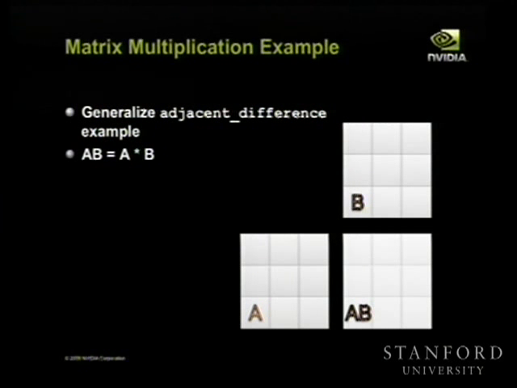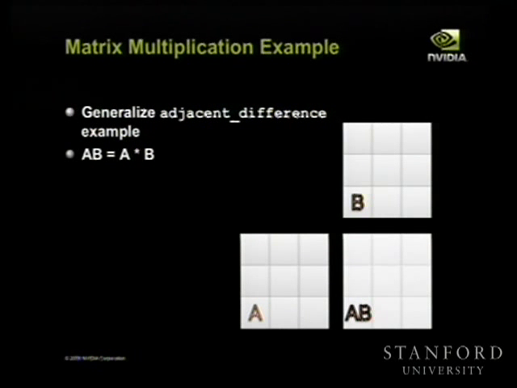So let's take a look at a slightly more complicated example. This is matrix multiplication. This is basically the bread and butter of high-performance computing, right? Everyone wants to multiply dense matrices together. So here's one way to do it in CUDA. And this is also basically our first look at optimization and thinking critically about the performance